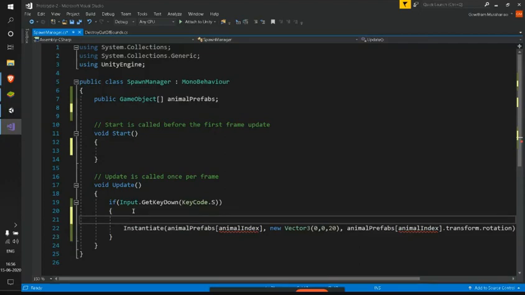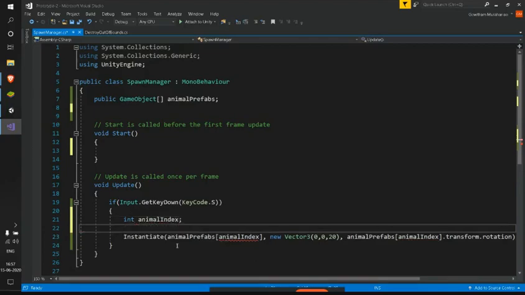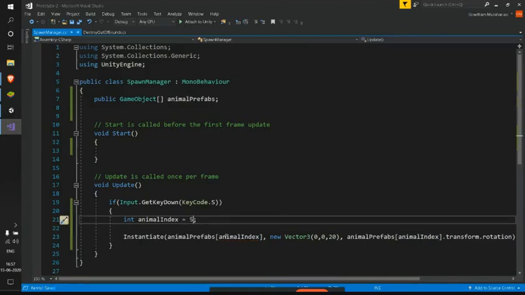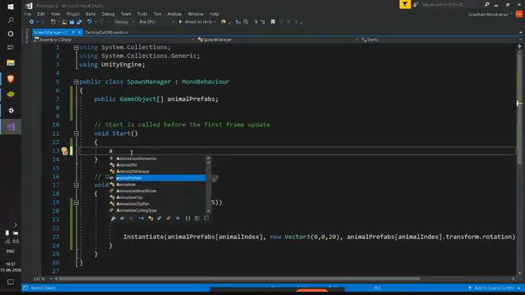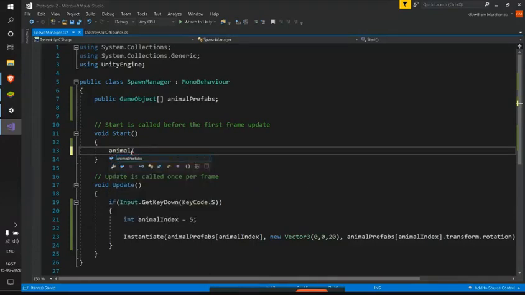We can even declare our animal index in this particular block, and let me declare that as animal index, and see here the errors, and let me initialize that to some value. Now see, my errors in this particular block have gone. This is the difference between a global variable and a local variable. This animal index I have initialized here, right? Let me try to use this here. I don't even get that in my suggestion.